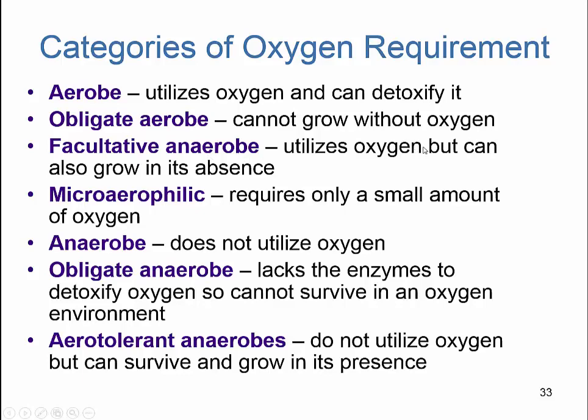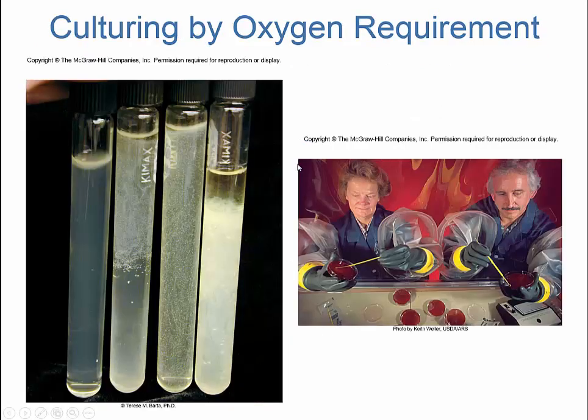Facultative anaerobe would be the best choice because the microbe utilizes oxygen here but can also grow without it. And then here, this fourth tube, you can see that bacteria is growing well underneath the media all throughout the tube, but it's not growing at the top. The media is still very clear and not turbid. How would you describe this tube?